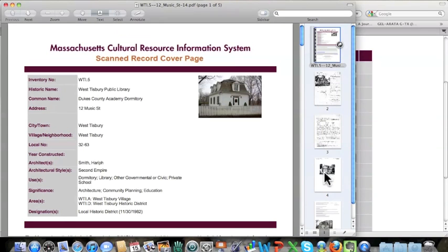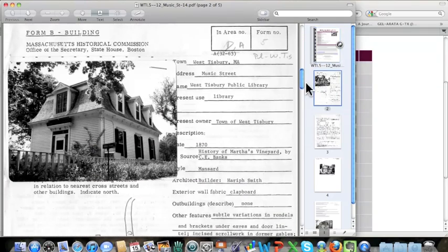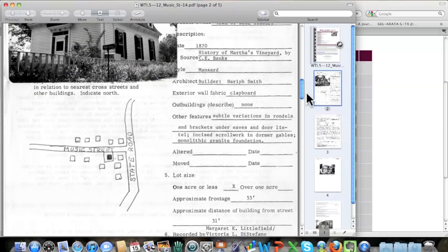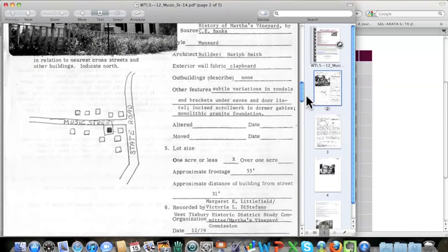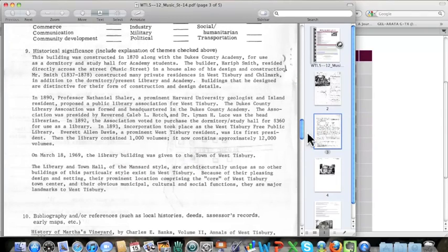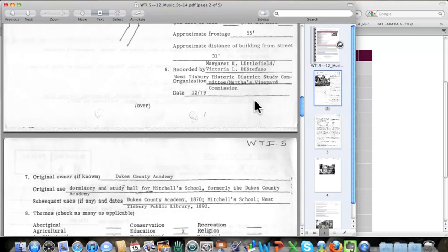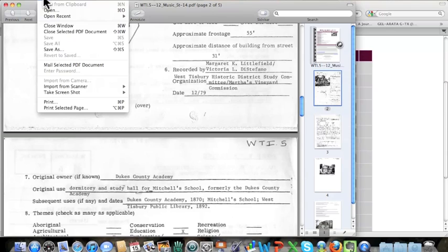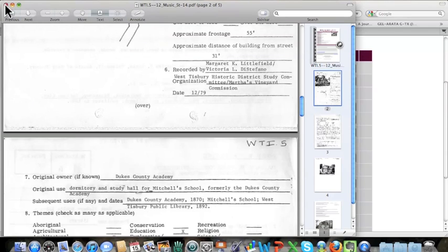I've clicked on the PDF file. I'm going to open it up, and here you see we have 5 pages of information about the old West Tisbury Library. Here is information about its style and its builder. And here on the next page is a short history of some of the uses of the building. You can see that this sheet was completed in 1979 before the new library was built, and when this building was still being used as the library. You can print out any information that you see on these sheets by going up to File and going down to Print. Now I will close this sheet and return to the database